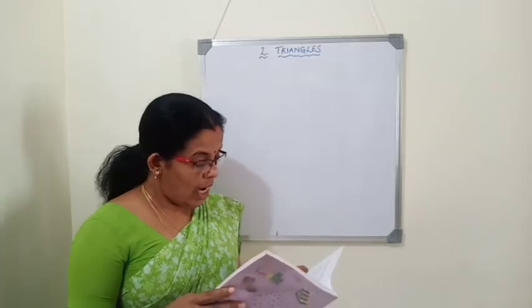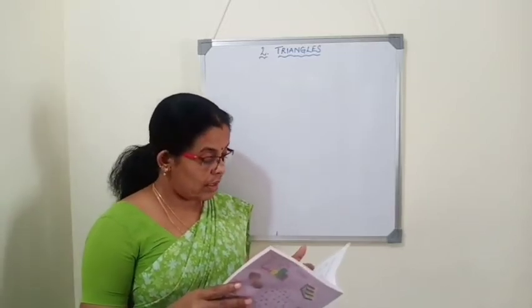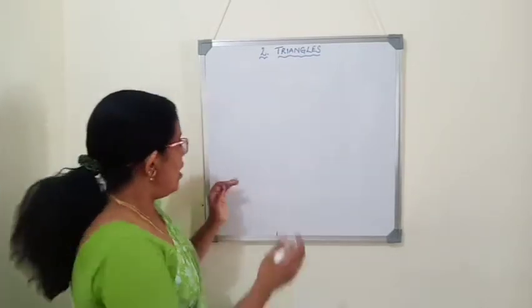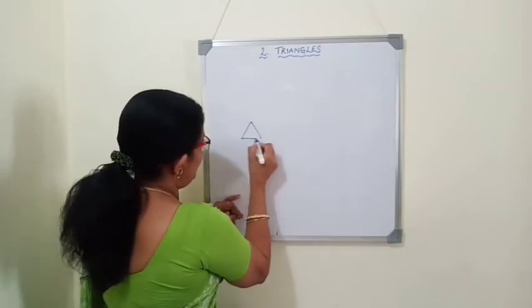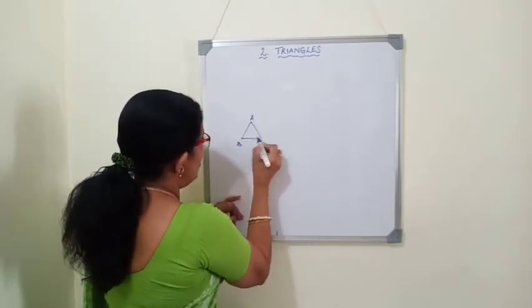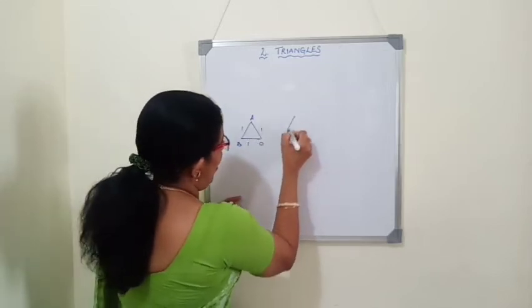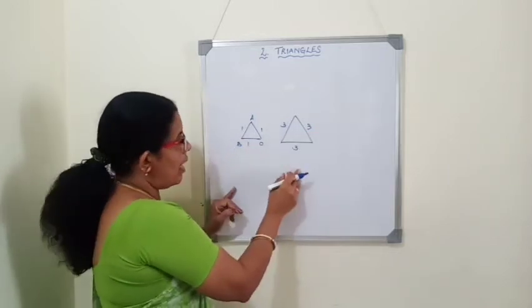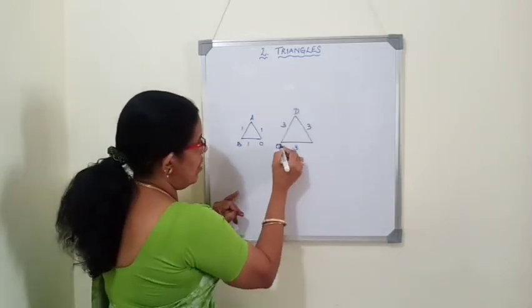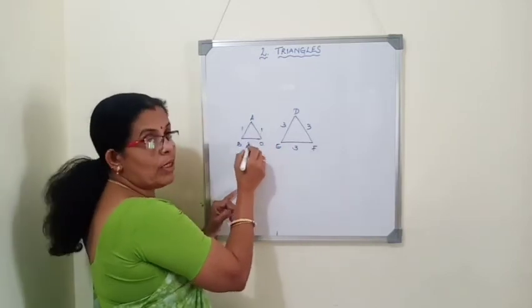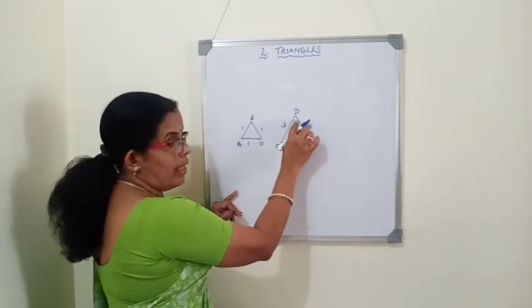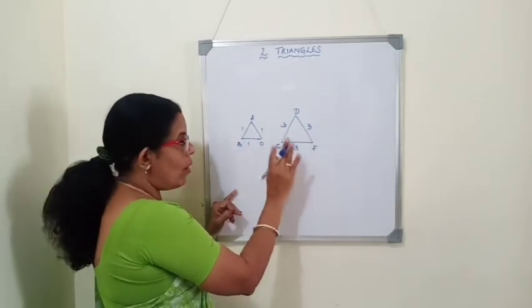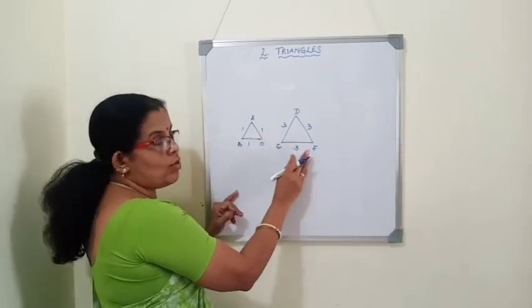Now all dash triangles are similar. What type of triangles are similar? Isosceles or equilateral? All the equilateral triangles are similar because when we draw an equilateral triangle, for example, if we consider one triangle ABC with side 1 centimeter and another equilateral triangle DEF of side 3 centimeter, all the angles will be equal to 60 degree. So angle A corresponds to angle D equal 60 degree. Angle B and E are 60 degree, even C and F are 60 degree. So all the three angles will be equal and the sides also will be proportional.